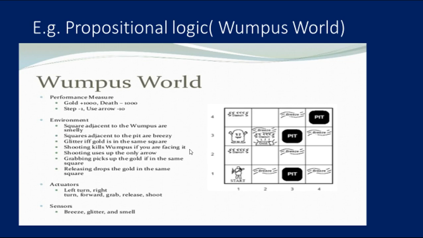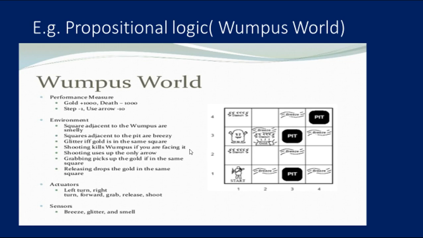So here is the Wumpus world problem, using the 4x4 square. It consists of a stench, breeze, pit, gold and Wumpus. The agent starts in the 1x1 block. If he wants to attain the goal, he needs to know the conditions clearly. As I said earlier, adjacent to the Wumpus, a smell will be there, so he should not move forward. Adjacent to a pit, a breeze will be coming. So if the breeze is there, he should not move forward or move backward.